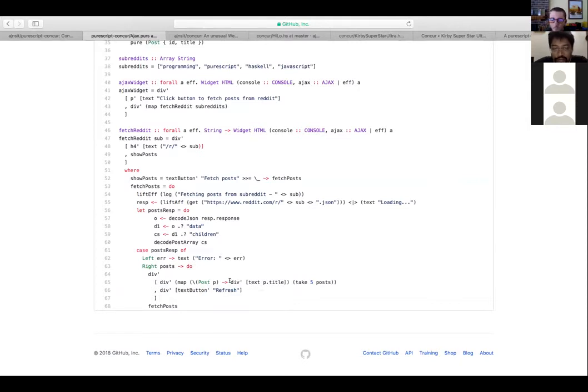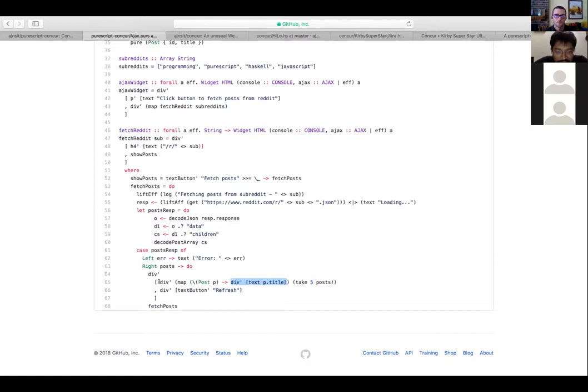And then for each post, you show this, right? So you just show a div with the title of the post as a text, right? So because widgets are functors, okay, but no, this doesn't use that widget functor instance, but yeah. So it just displays the title of each post,